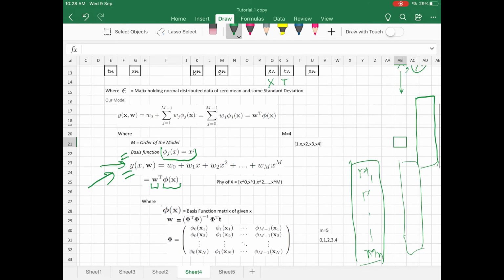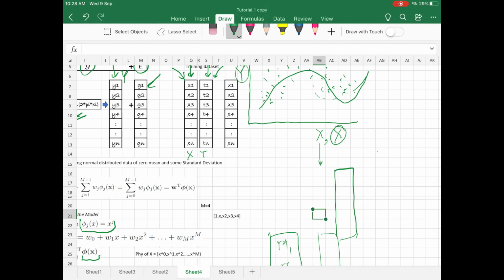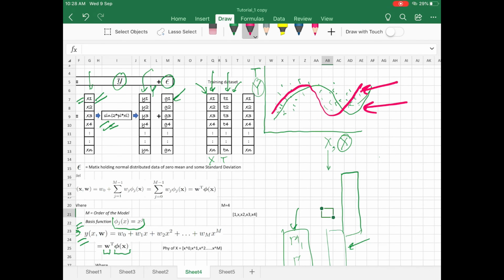Then we will plot the matrix m with respect to x to see how our model is performing. So this would be the model value, and this would be the original function value.